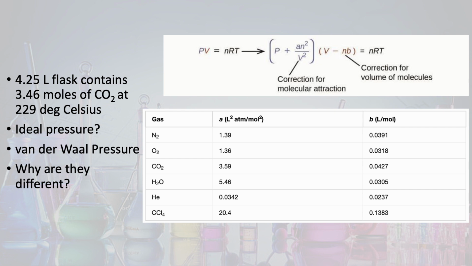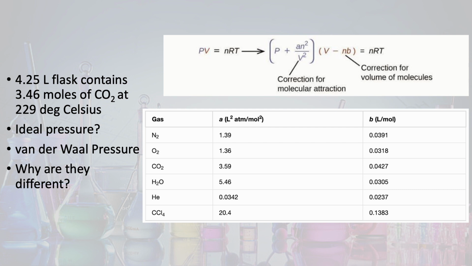So we have a practice problem here. Feel free to pause now and work your way through it. But essentially all you're really doing is plugging in our correction factors from our table down here, from gas to gas, into our van der Waals equation up here, right? So for the example here, we want you to calculate the pressure of a gas if it were ideal versus the actual pressure of a gas using our formula up here. The example we're going to use is carbon dioxide. So go ahead, again, pause here, and use PV equals nRT to calculate the pressure you would expect carbon dioxide to exert